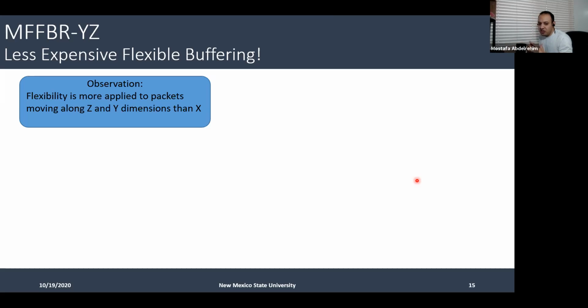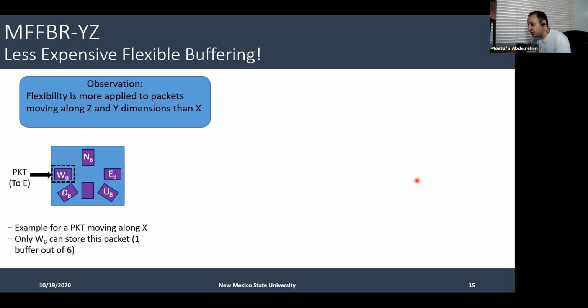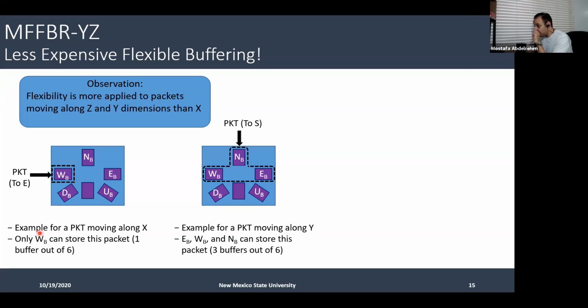So there is an observation that packets flowing in X get less benefit from the flexibility. So let's see an example. Here is this packet going to east, and only the west buffer can serve packets going to east. So the flexibility will not be beneficial here. Okay, so you have hardware with no value. But packets going in the Y direction, for example south, can be stored in 3 out of 6 buffers,